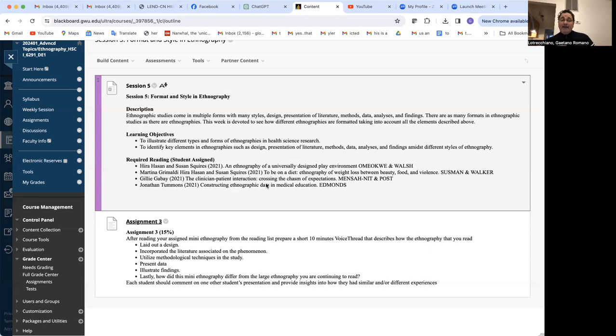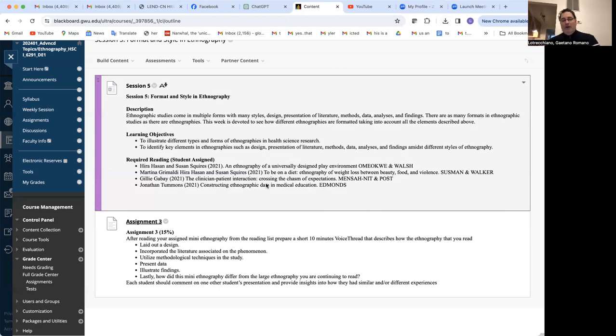In the health sciences, it is much more likely that if you're going to publish, you might be utilizing papers that may be in total 10 to 15 printed pages, and not 60 to 70 printed pages. That's very unlikely to end up in a journal. It might end up in a chapter of a book, but outside of that, I wanted you to understand that ethnographies do not need to be as large.